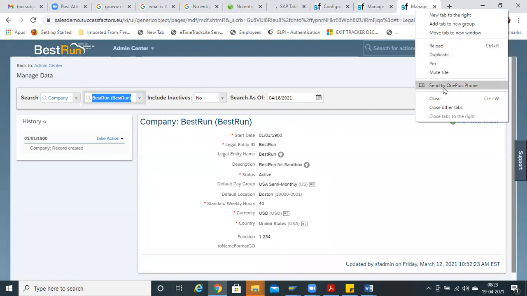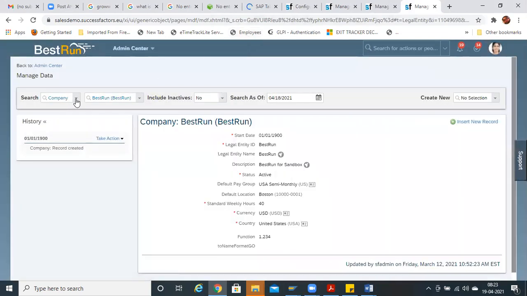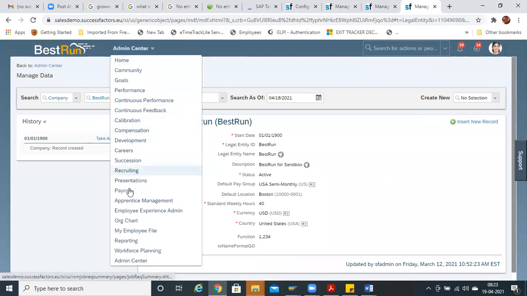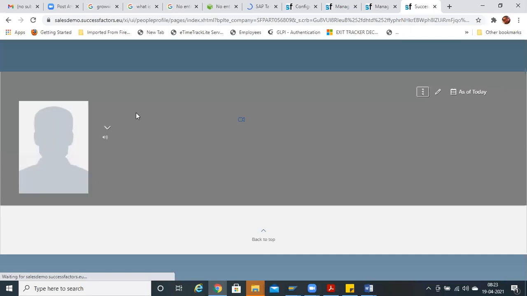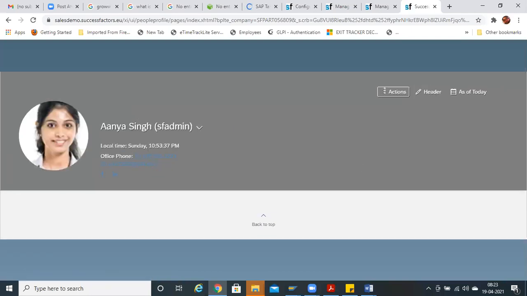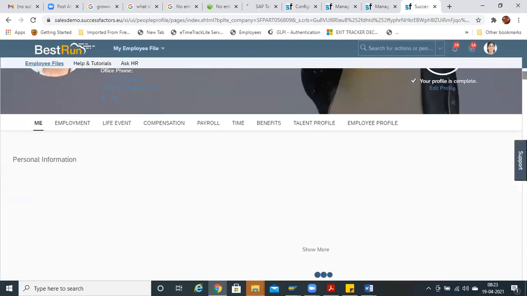So basically, if you want to mention those fields in the employee file, you just have to mention any foundation objects in any of these sections.